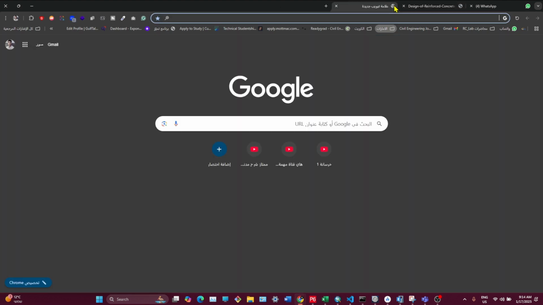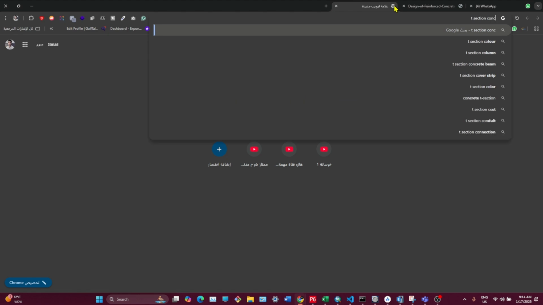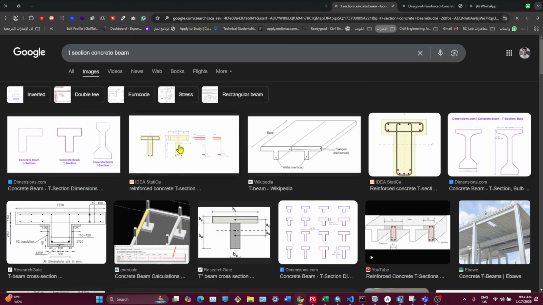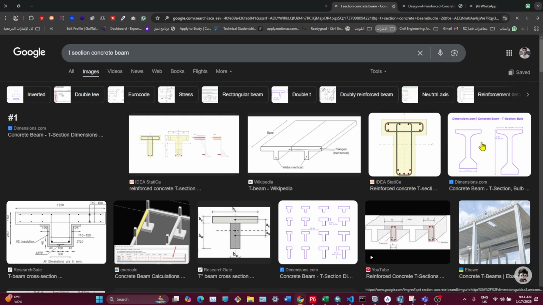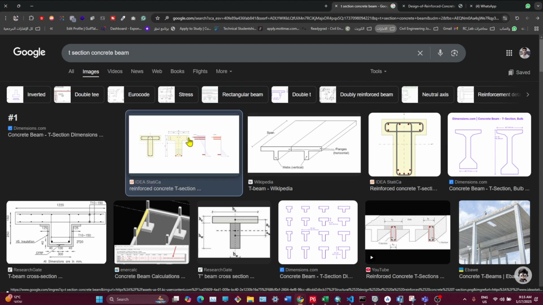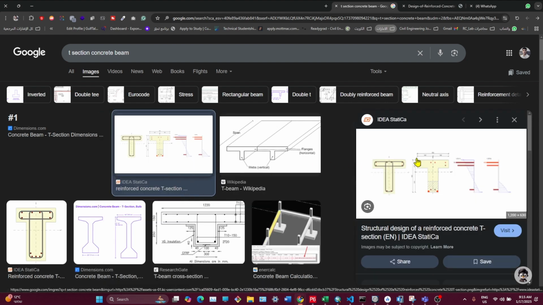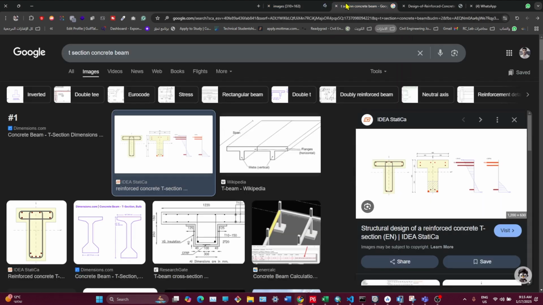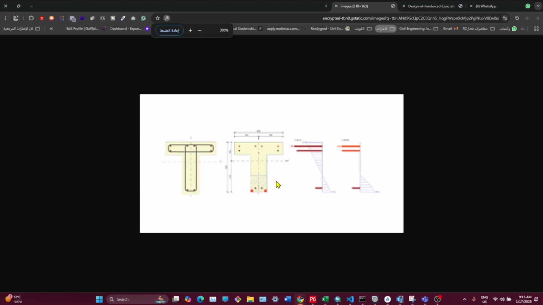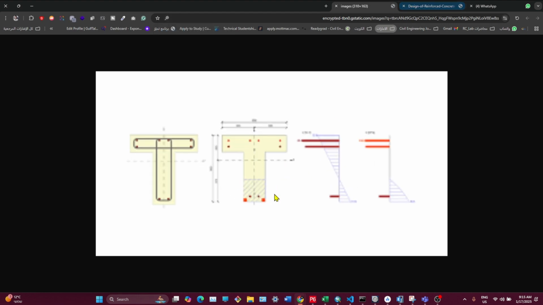Let me just open this T section concrete beam. Let's assume we have this, for example, and let's open the image here. I think it's not clear, but we can just focus on the concept. If we have this T section, you see the image, Muhammad? Yes. Okay, so if we focus on the concept, we have this T section,